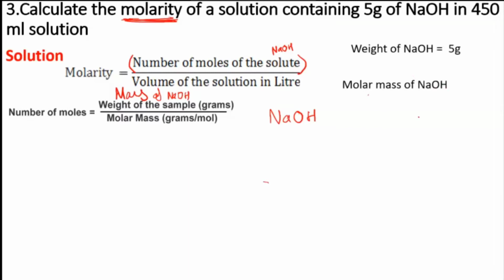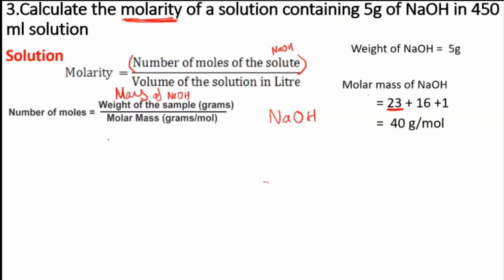So what will be the answer now? Molar mass of sodium hydroxide. We got to know everything. Here sodium is 23. Remember, you are writing the molar mass, not the atomic number. So here 23 plus 16 plus 1. Altogether you will get 40 gram per mole because it is molar mass. Very good. This is how I want you all to respond, because if you don't involve yourself, you will not understand. My concern is only about you. Now here, for sodium hydroxide, you got 40 gram per mole.